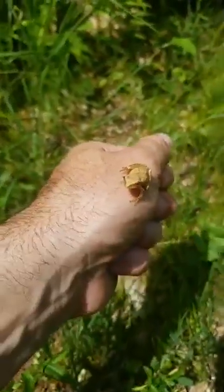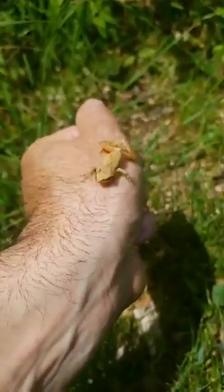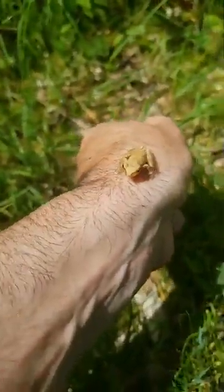Hello my friends, it's Ranger Russ from the Meigs Point Nature Center, and I just found this little frog outside climbing on a chair. It just hopped under me. This is a spring peeper,